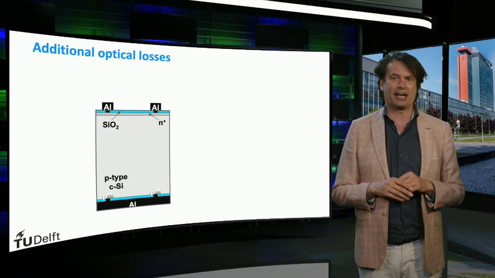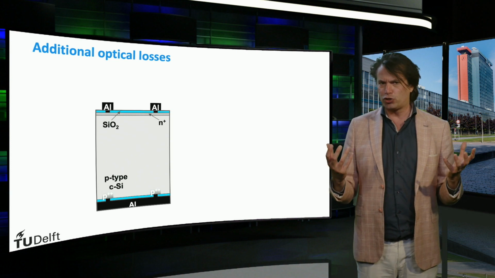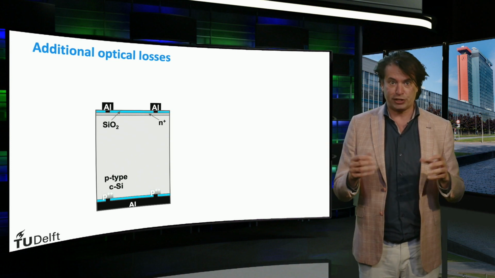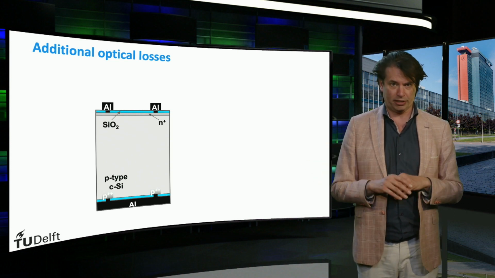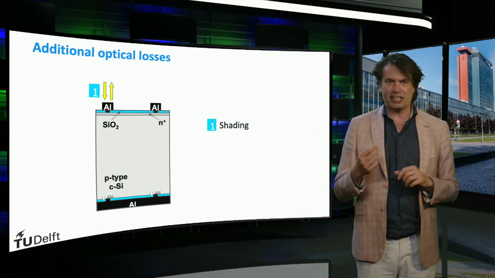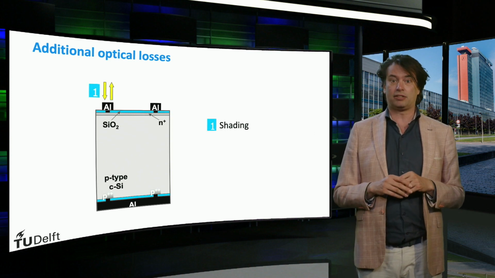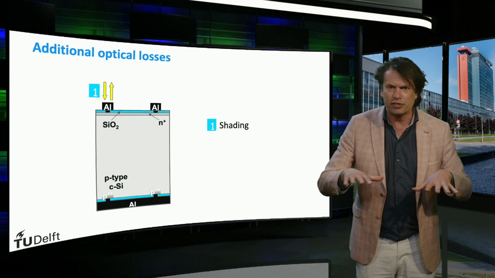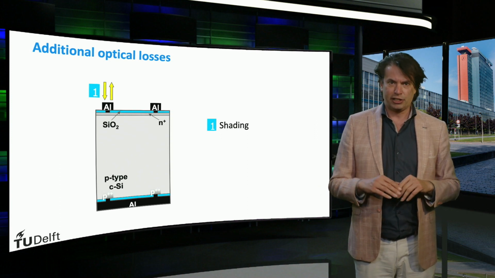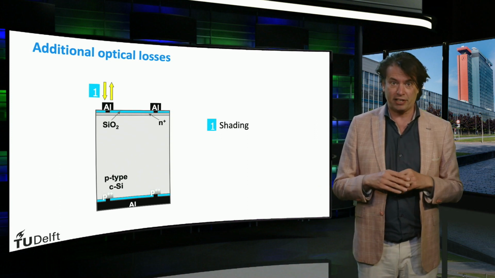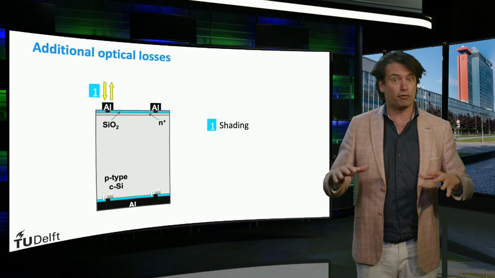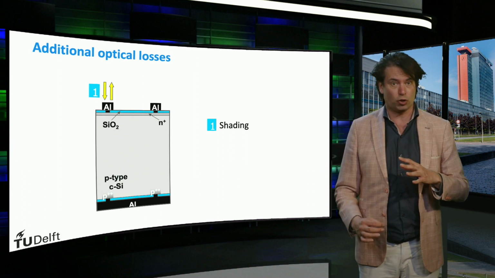additional loss mechanisms. Part of the solar cell module surface is covered by a metal grid. As this metal grid is not transparent to the incident light, the area under the grid is shaded. Shading by the front metal grid therefore decreases the amount of sunlight reaching the absorber layer.